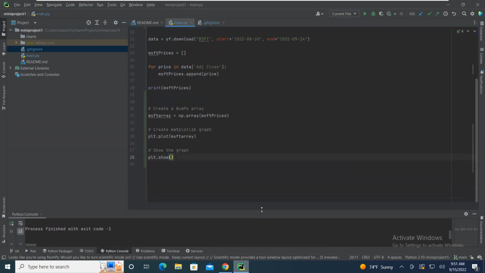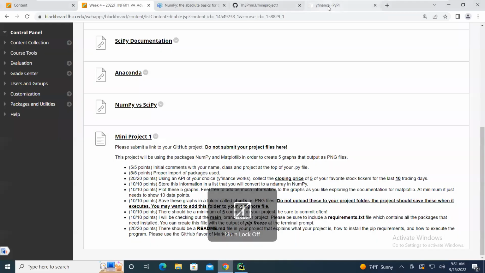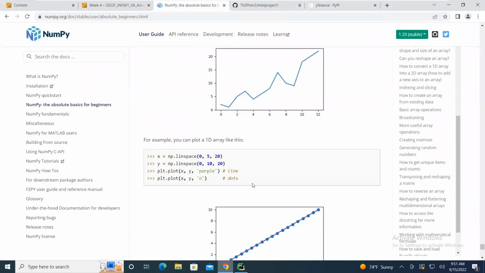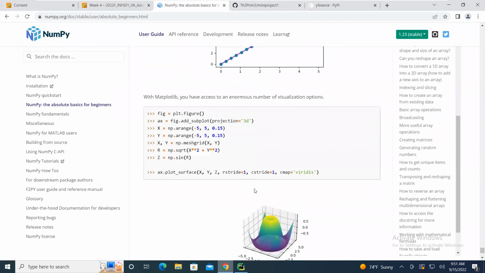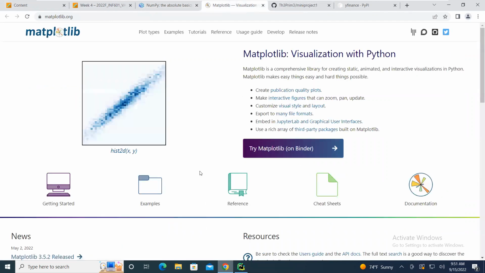Now we need to save this out as a PNG file, right? If we go back to our documentation that we were using, it shows us how to put it out, but it doesn't show us how to actually spit that out to a PNG file. So to do that, we click on this official documentation and open that up in a new tab. And so now we have our Matplotlib. And if we look at examples,